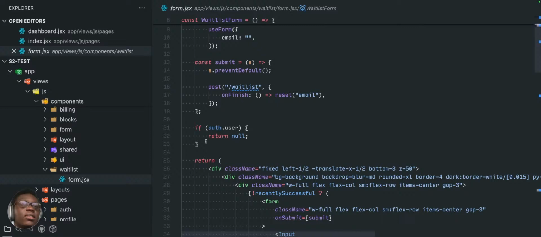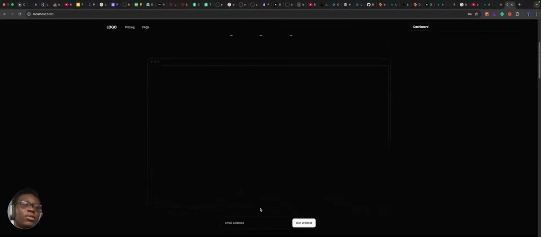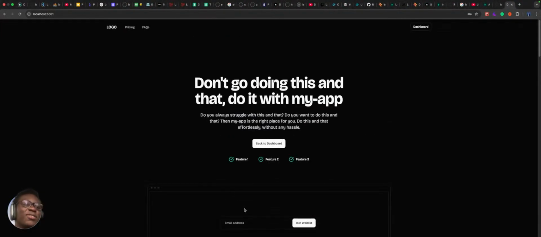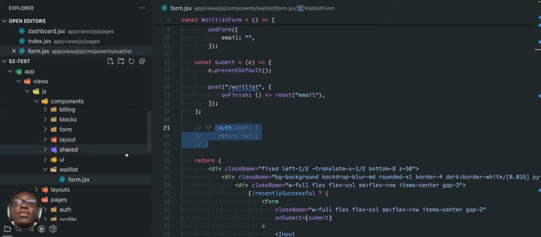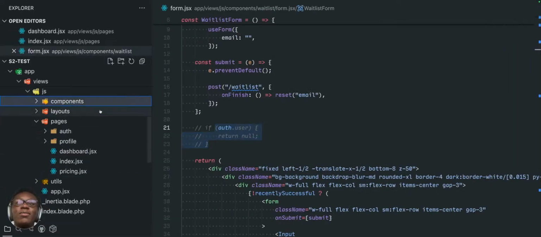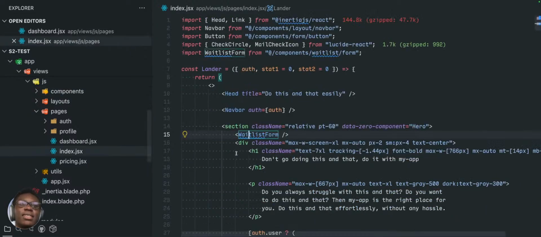Waitlist form. Let's just get rid of you. And our waitlist forms to show. So basically, you can kind of scaffold stuff on top of each other. The only thing is the scaffolding library does not replace any files. So that's something we made sure of because we don't want to mistakenly replace anything you've already done. So if the scaffold is supposed to generate an index.jsx file and that already exists, it will just